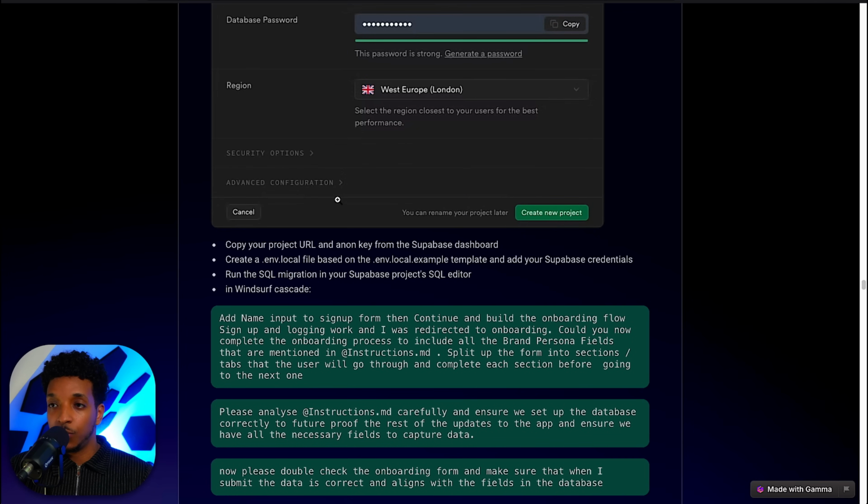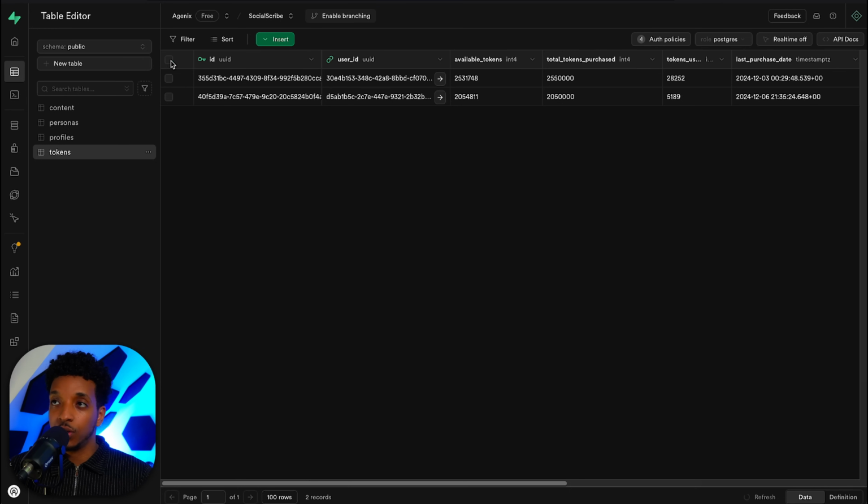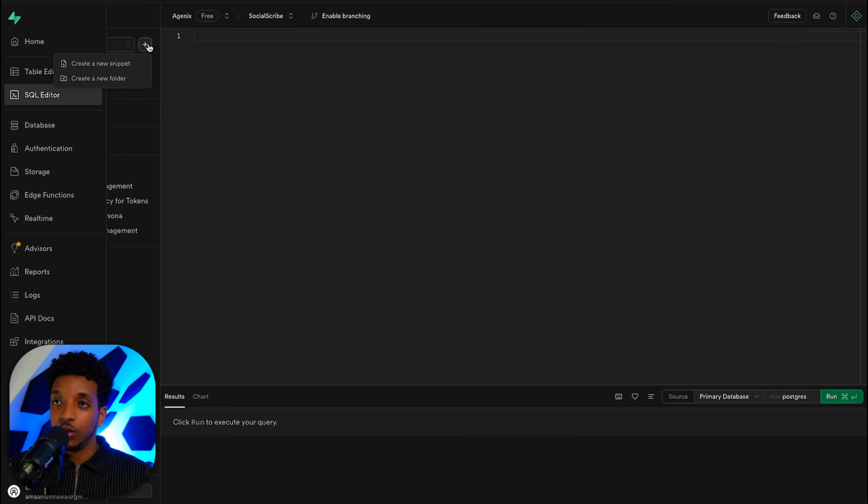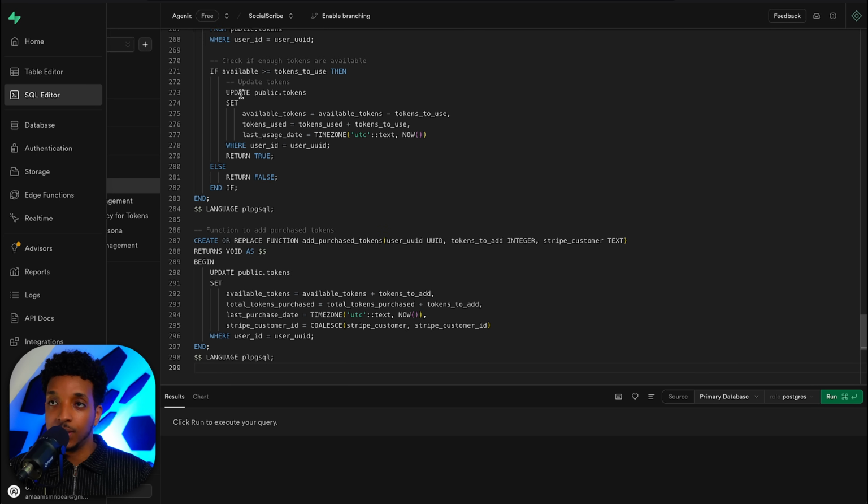There's 2 ways to do this. You can either do it through the CLI, command line interface, or you can do it through the dashboard. So you can just go into Supabase, and then under SQL editor, you create a new snippet. And this is basically where you paste in your SQL code, and you can have SQL queries here. And you click run at the bottom right. Once you click run, this script will basically build out the whole Supabase database, and we don't have to worry